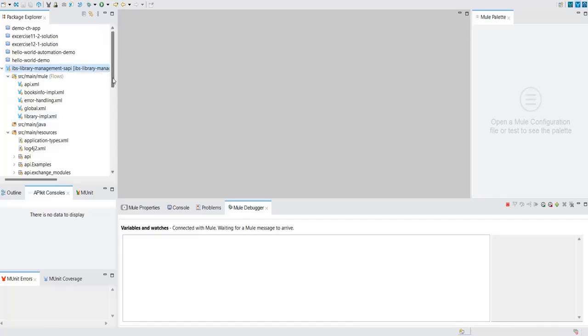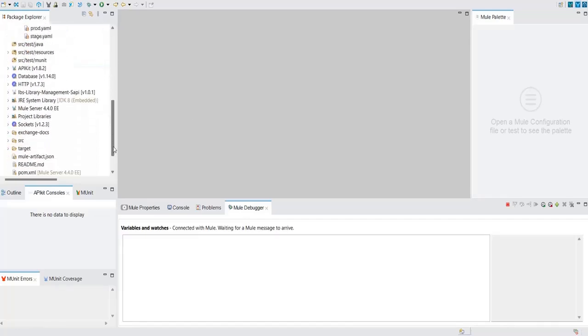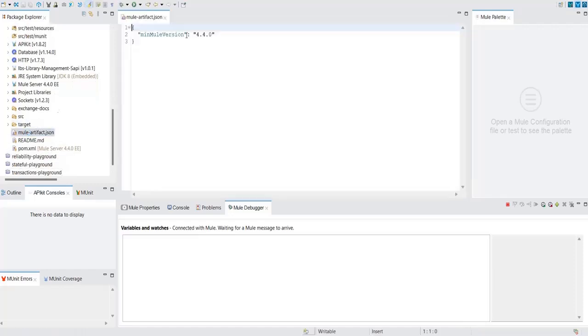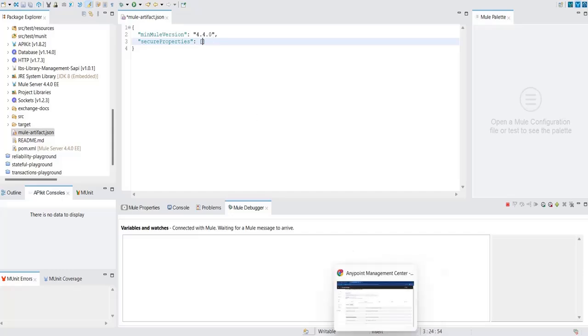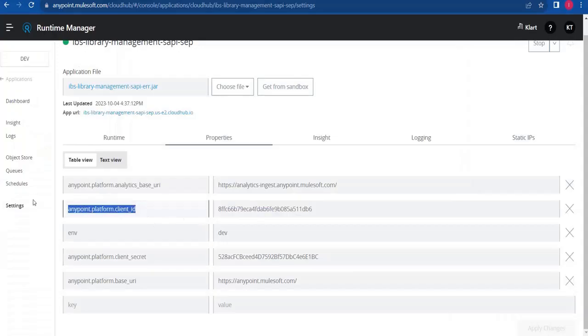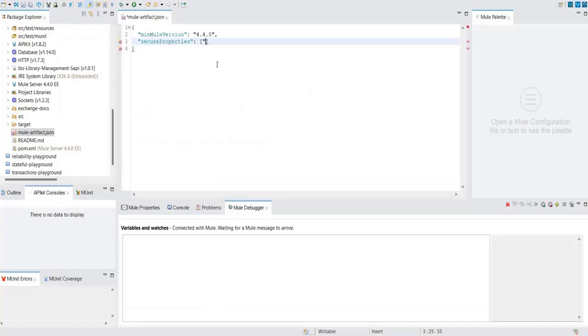In your project, you have one file called mule-artifact.json. Here the Mule min version, I mean the runtime version, will be there by default. You have to add one more element like secure properties, and here after the colon, in the array you can mention the different property names you want to hide. So in our case, this is one. Copy it, go to your artifact.json, and put these keys in double quotes,